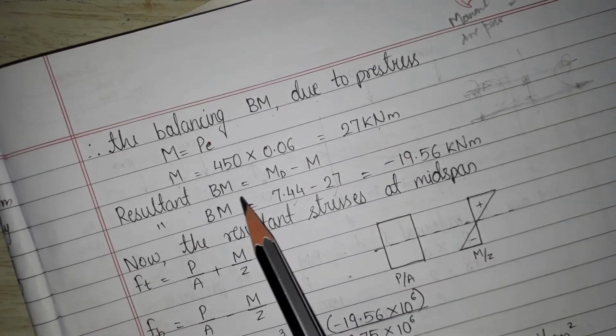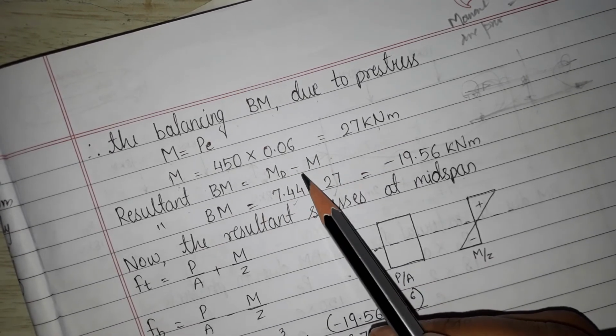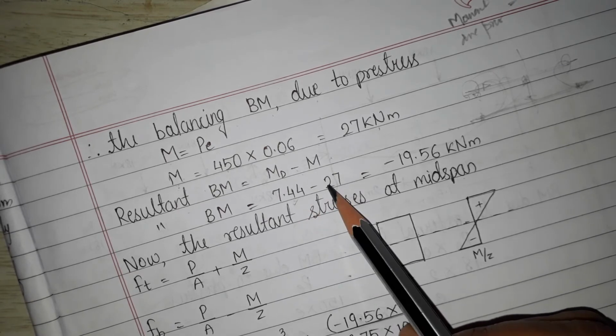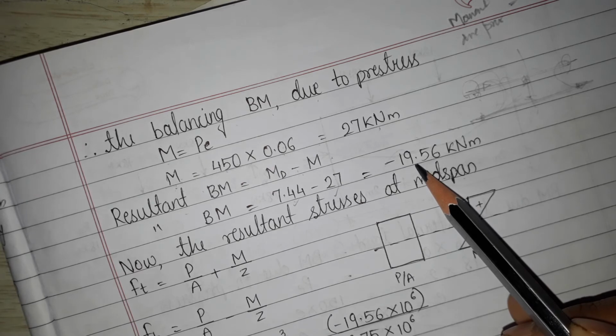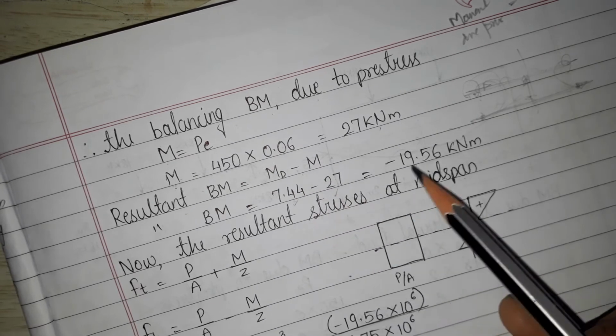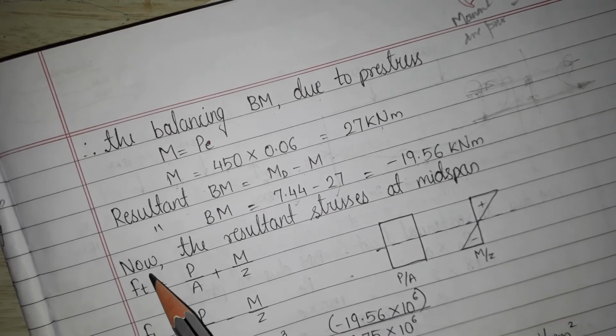So now the resultant bending moment is MD minus M. MD we have already calculated, minus M. So you'll get minus 19.56 kilonewton meter, the intensity of bending moment. After deducting, you got this much. Now the resultant